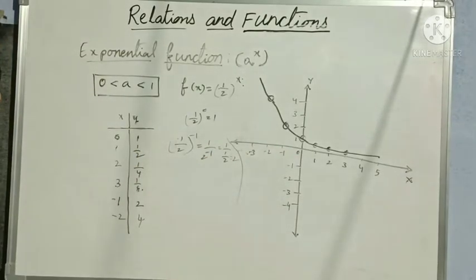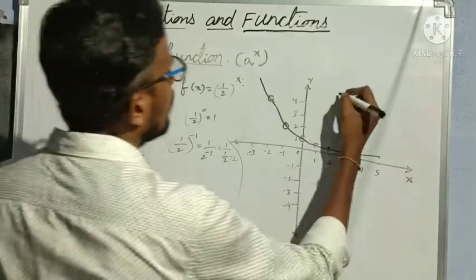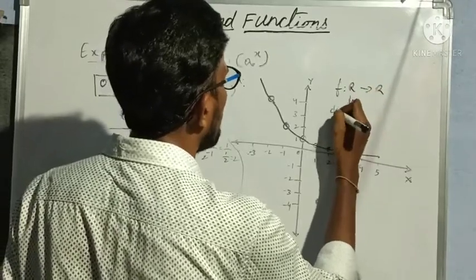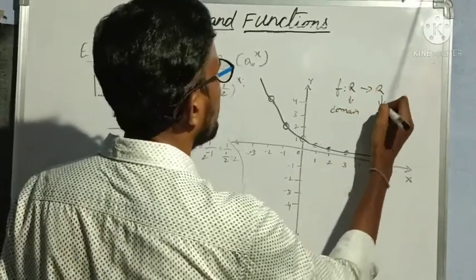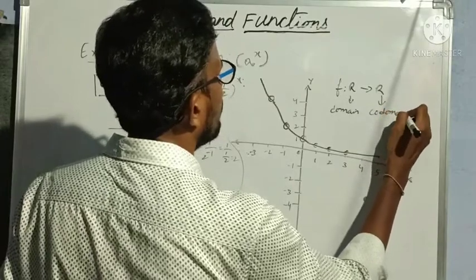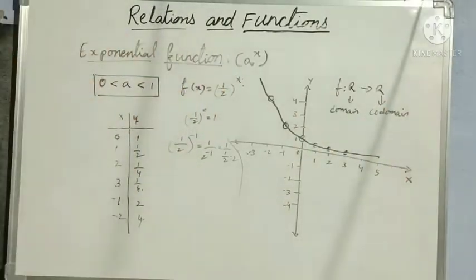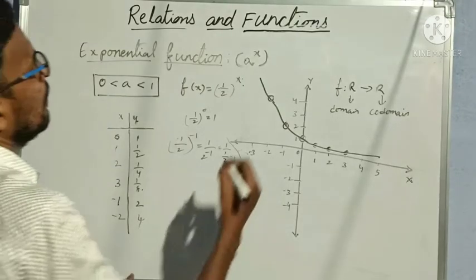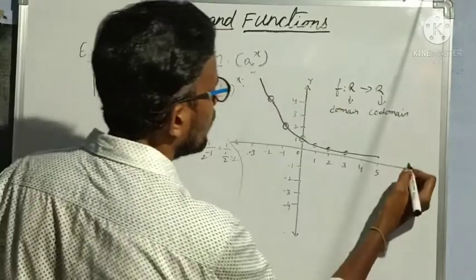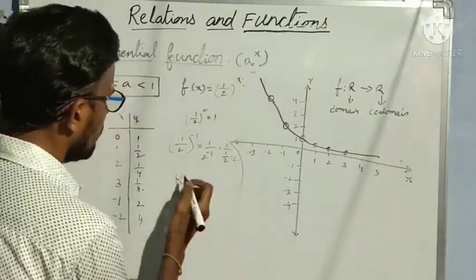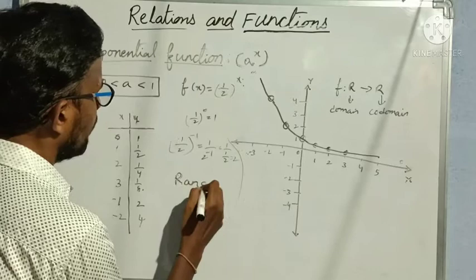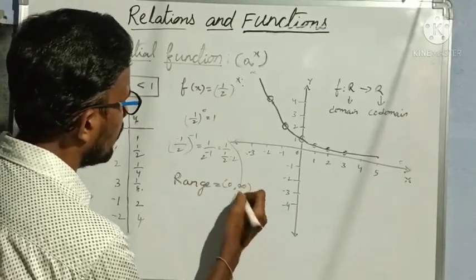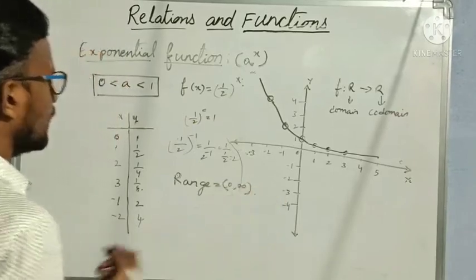or odd function. Everything about this we'll see now. Anyhow, every function will be defined from R to R, so the domain is R and the codomain is also R, meaning from real numbers to real numbers only. Now what is the range of this function? See here, this is infinity, this is 0. So whatever the value of a we are taking, the range will always be 0 to infinity, the open interval (0, infinity).